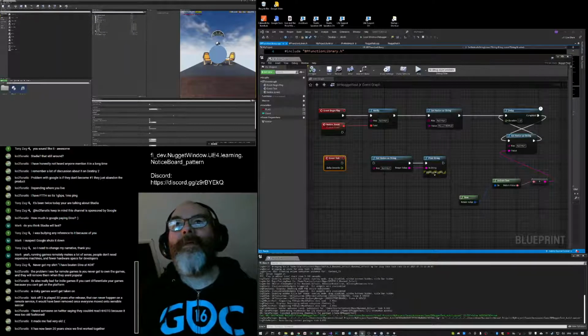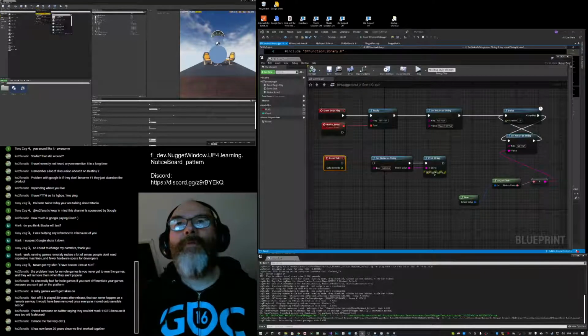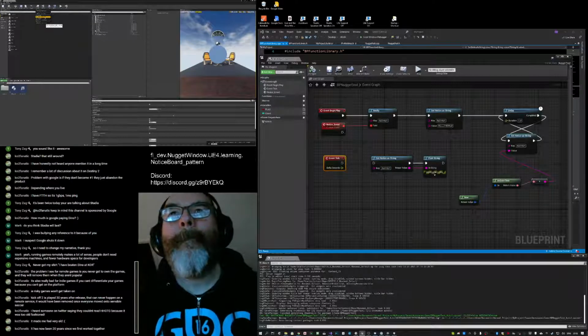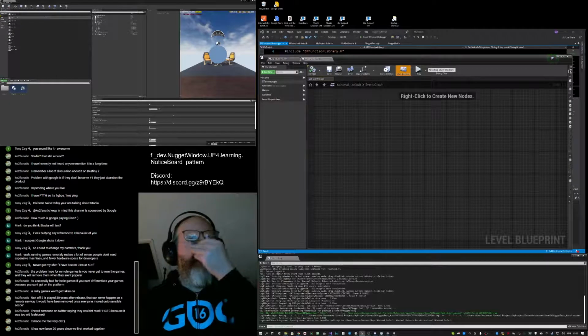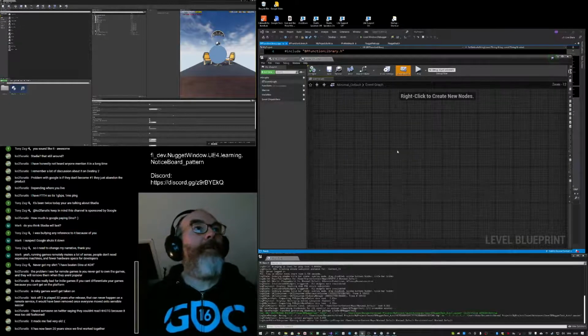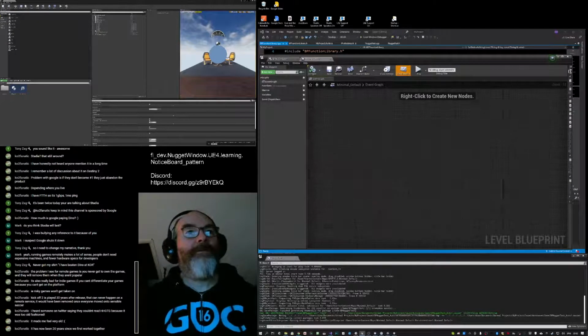People worry about it later. What I want to do is look at level blueprint. Open level blueprint. Right. And then have we got some events in here?